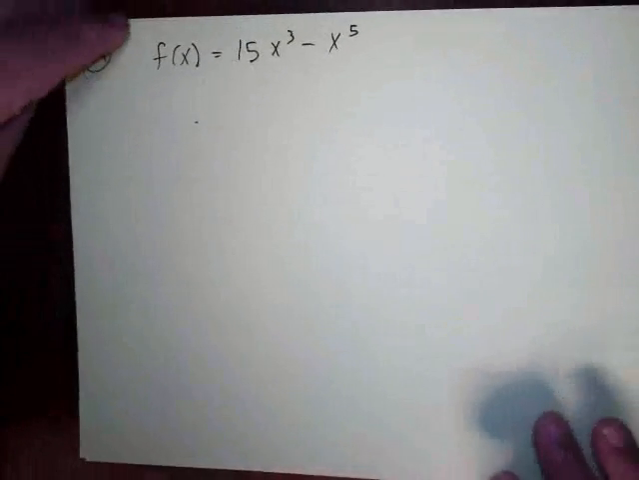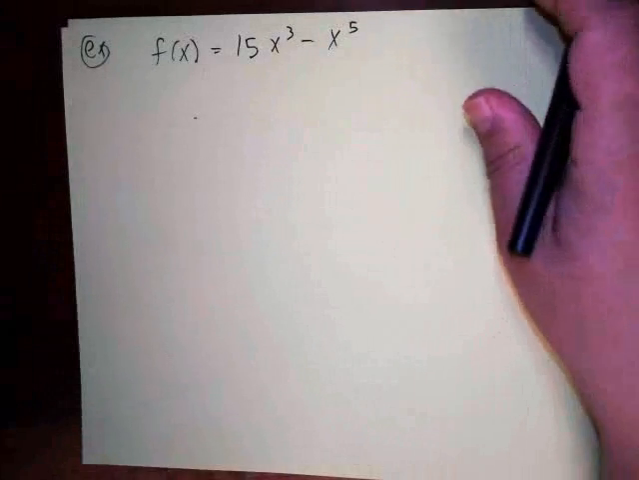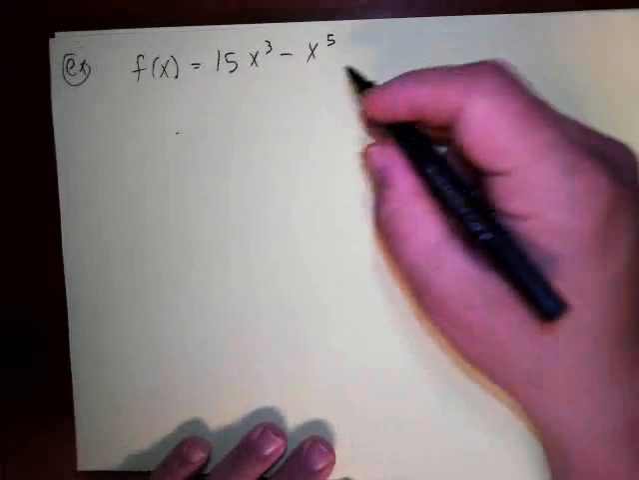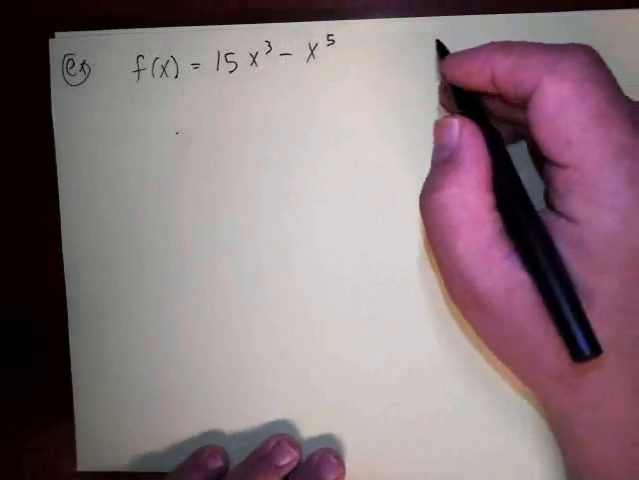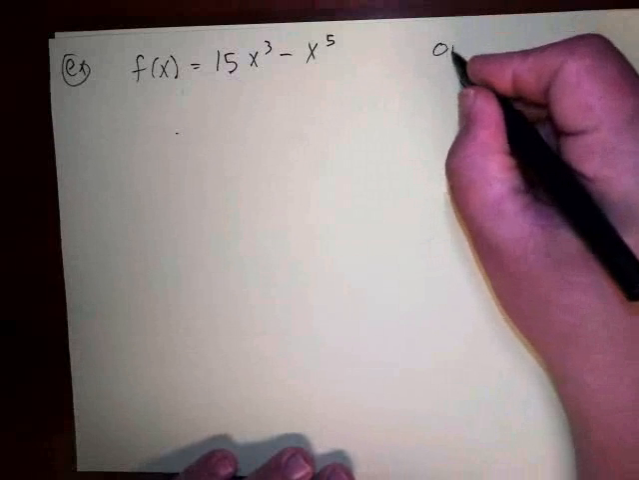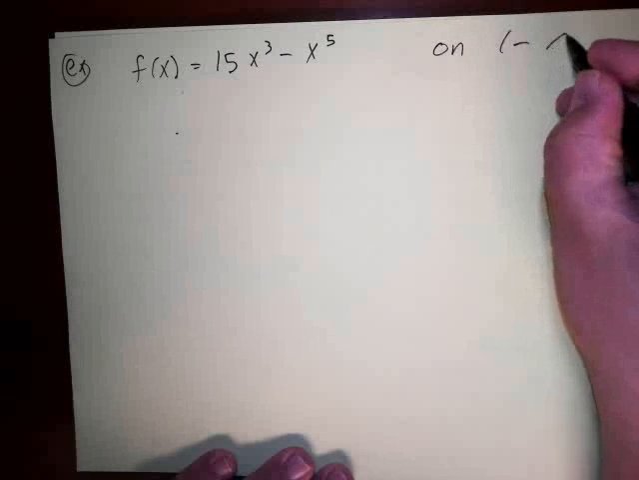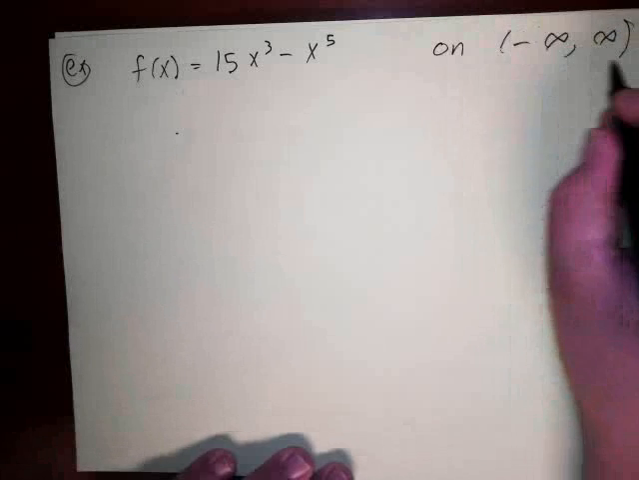So let's try one more polynomial here. This is now a 5th degree polynomial, so it's an odd power, okay? And the leading coefficient is negative here. We're going to want to find the relative and absolute min and maxes over the entire domain,